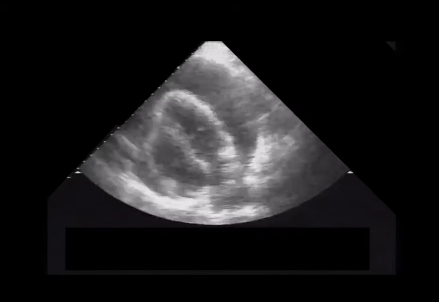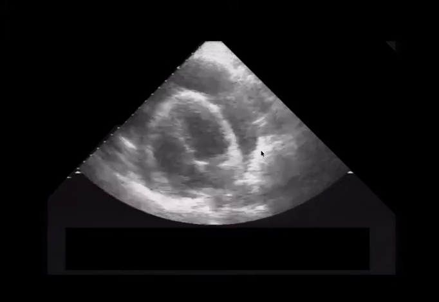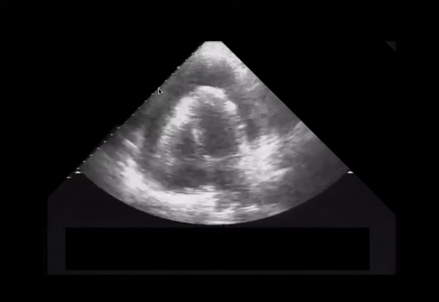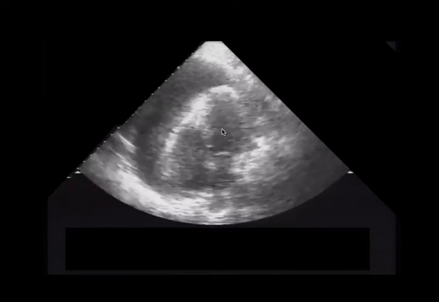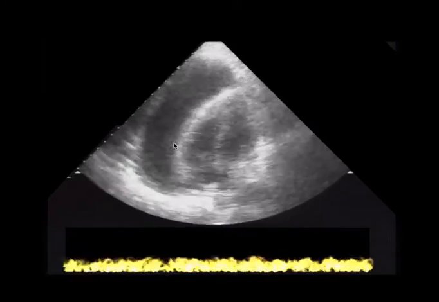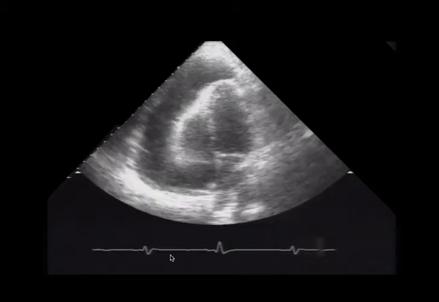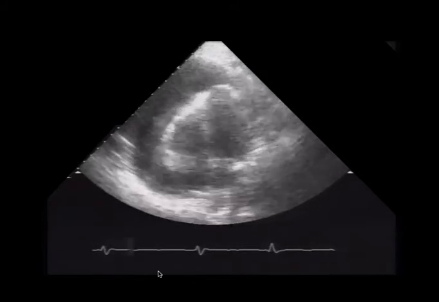What do you think is going on here? Well, this is the pericardium out here, okay? And we can see the heart with the LV here and the RV here. And to give you another hint, I don't know if you can tell or not, but this is something called electrical alternans, where